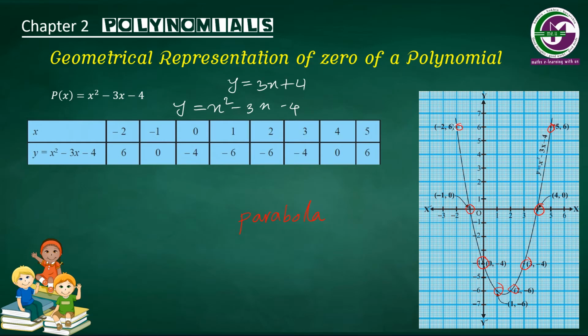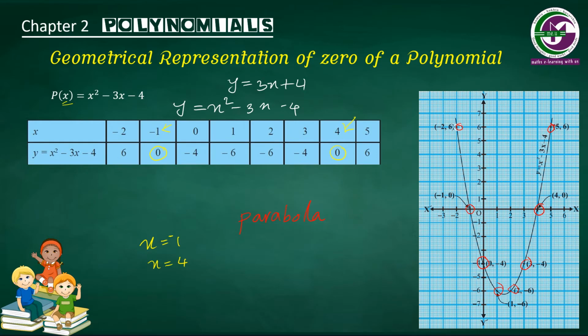From this list, which is the 0 of the polynomial? 0 of the polynomial is the value of variable x so that the value of the polynomial is 0. The second line is the value of the polynomial. These are the cases when the value of the polynomial is 0. That means at x equal to -1 and x equal to 4, the value of the polynomial is 0. So x equal to -1 and x equal to 4 are the zeros of the given